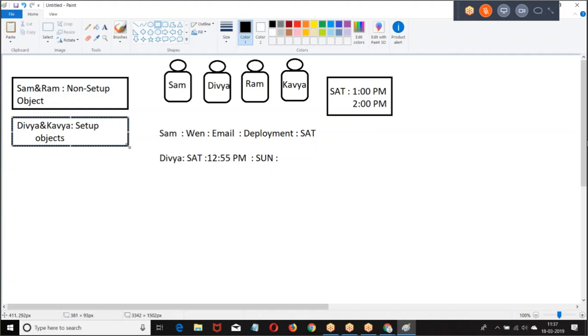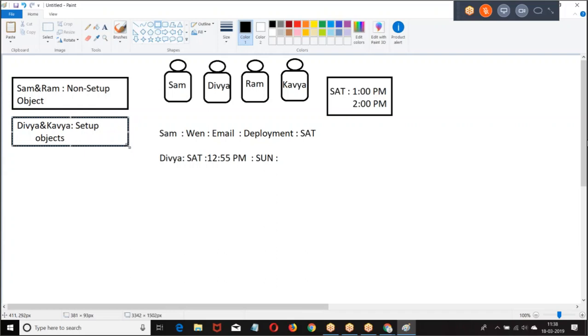Now at a time, both of them can make changes? No. When both of them are there, when setup object, then you can setup role. When I am here, you cannot make non-setup operations. In a single method, you cannot make DML on setup and non-setup object because it's going to impact the permissions.